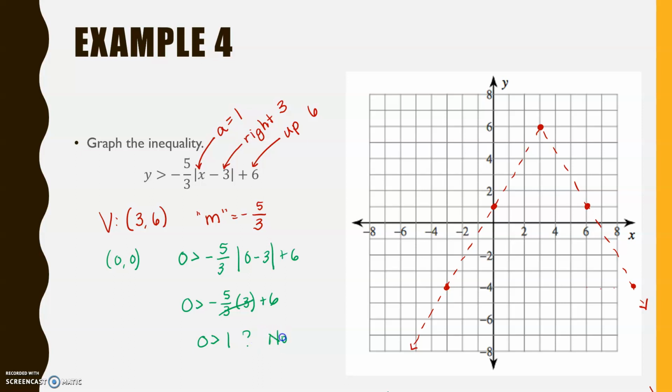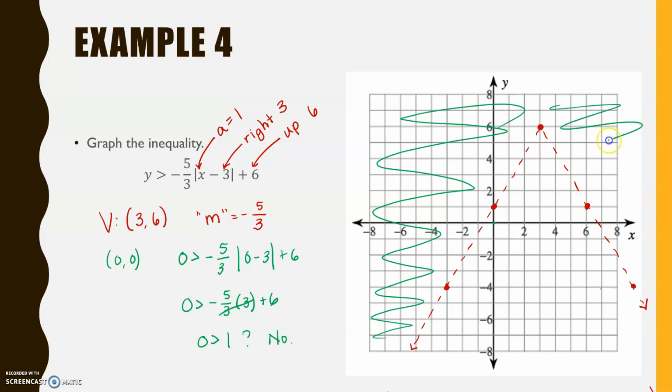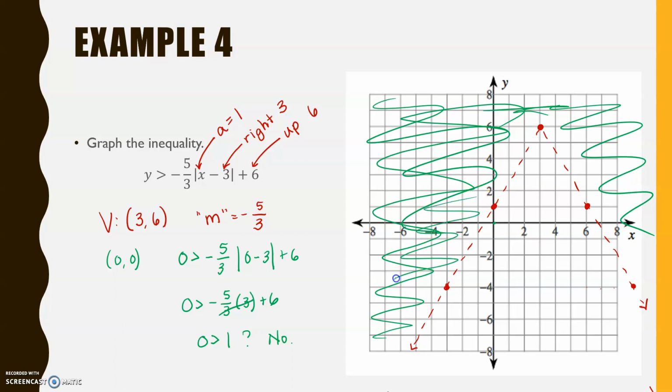Nope. That's false. So that means that the point 0, 0 is not a solution. So instead of shading inside where 0, 0 is, I'm going to shade all this area outside of it to show that that's where the solution is. I could check my work by picking a point outside of the absolute value function and seeing if that works. It should work. So this has been an introduction to graphing